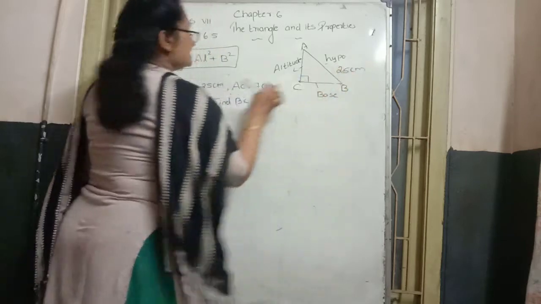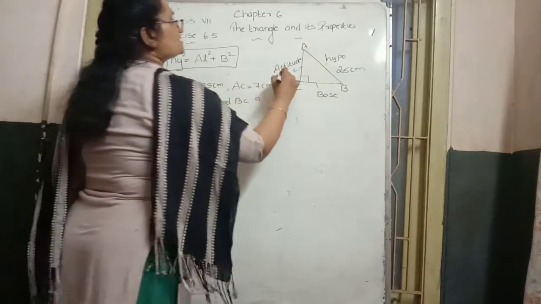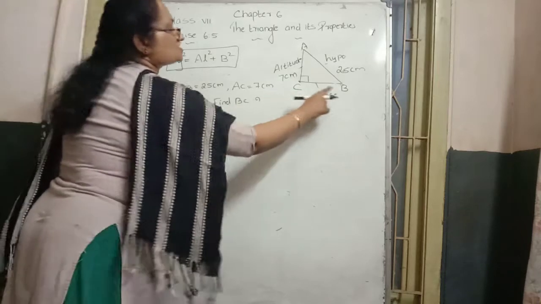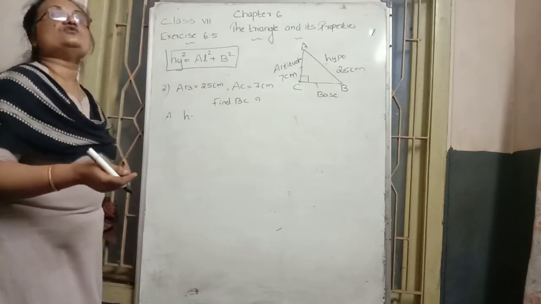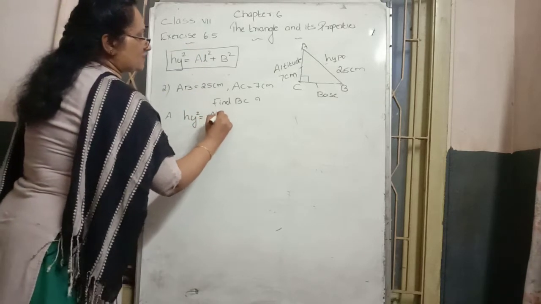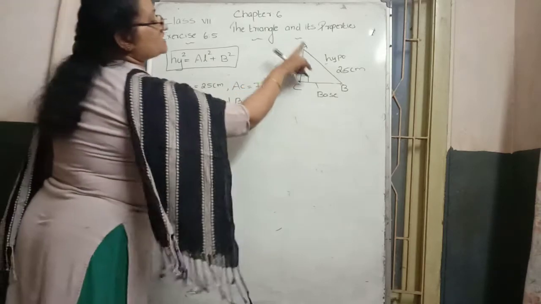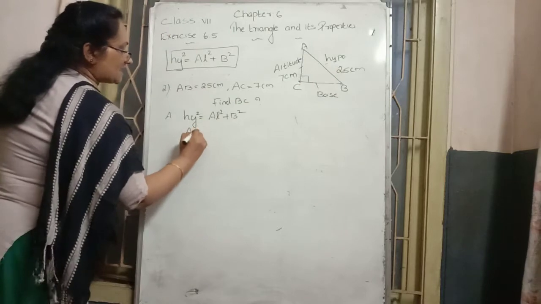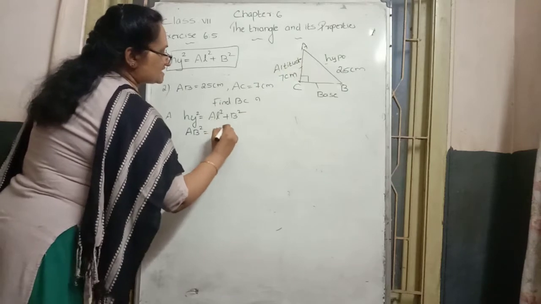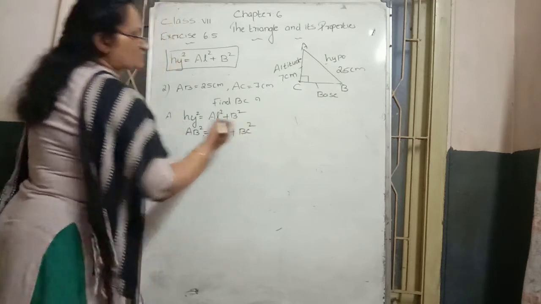25 centimeter. Next AC, where AC is the altitude side, that means height side. How much did they give? 7 centimeter given there. Which value is not given? BC. BC is the base, the downside, the value they ask to find out. There also the same formula. Hypotenuse square equals altitude square plus base square is the formula. Hypotenuse means AB side, AB square. Altitude is represented by which alphabet? A and C, but whole square. The base is represented by which alphabet? BC, but whole square is the value.